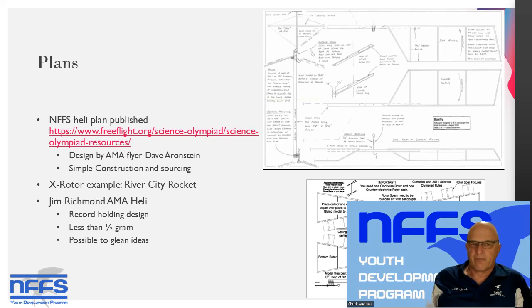And it's fairly straightforward with straight blades, so you can build them flat on the table instead of having a helical twist. The lower picture is the River City rocket. This is a plan from 2011, I believe. This is just an example of what an X-rotor would be. The advantage of the X-rotor is both spars are attached to the pivot point, and so it makes a very strong structure. And this River City rocket plan, since it's from 2011, may have to be adjusted a little bit to fit in the box for this year,